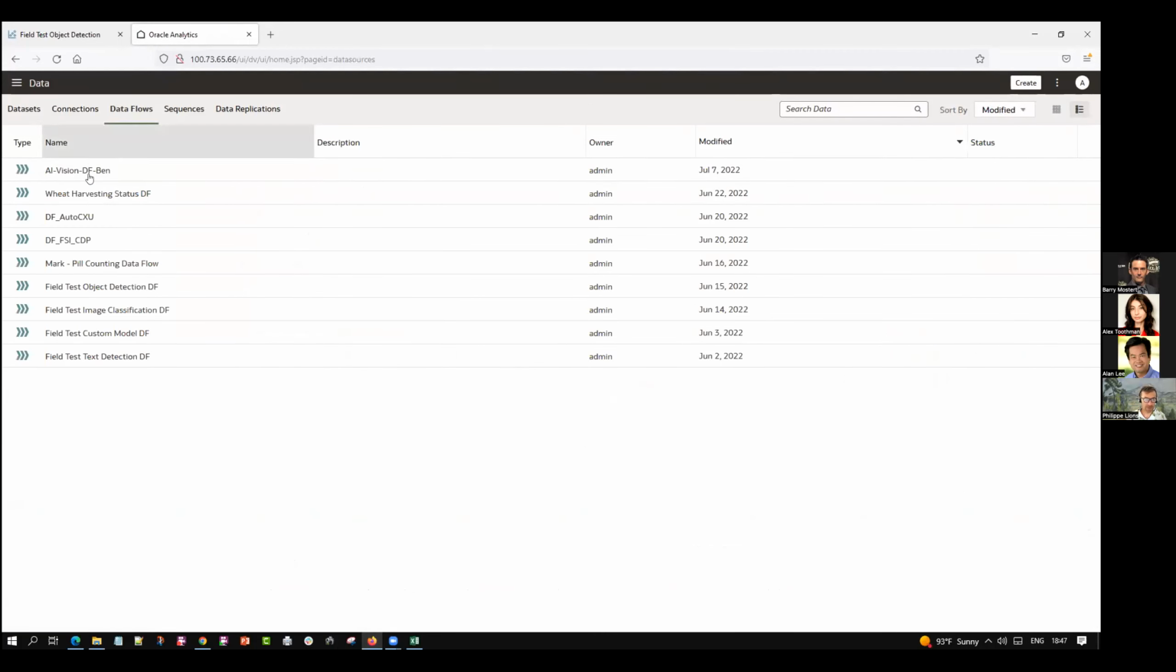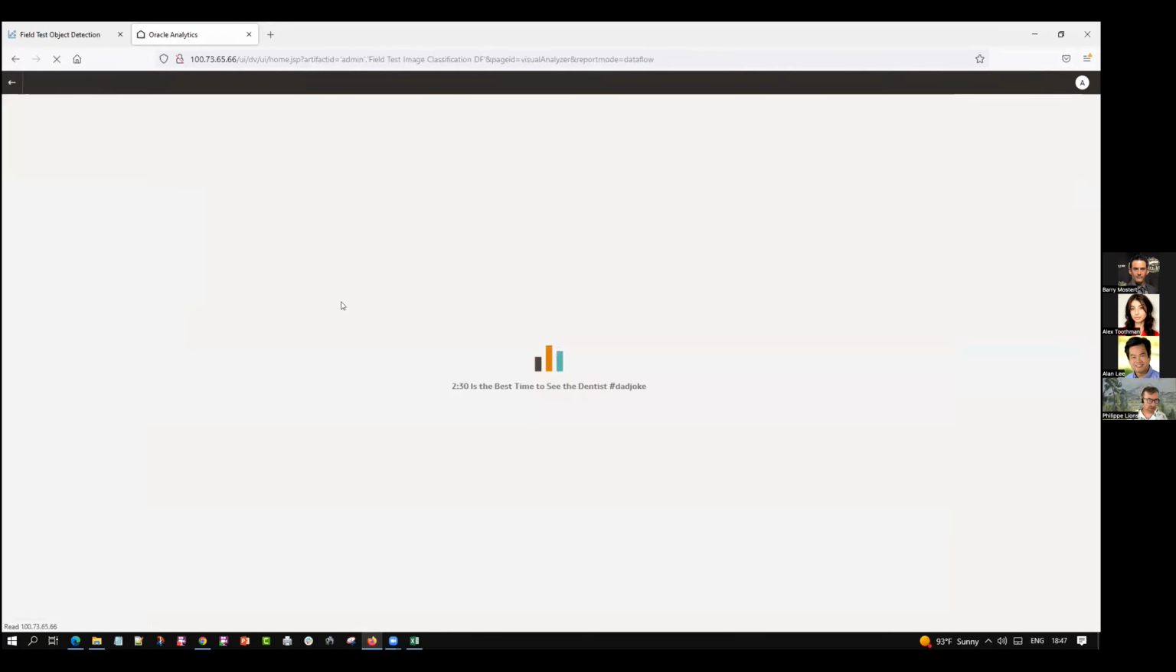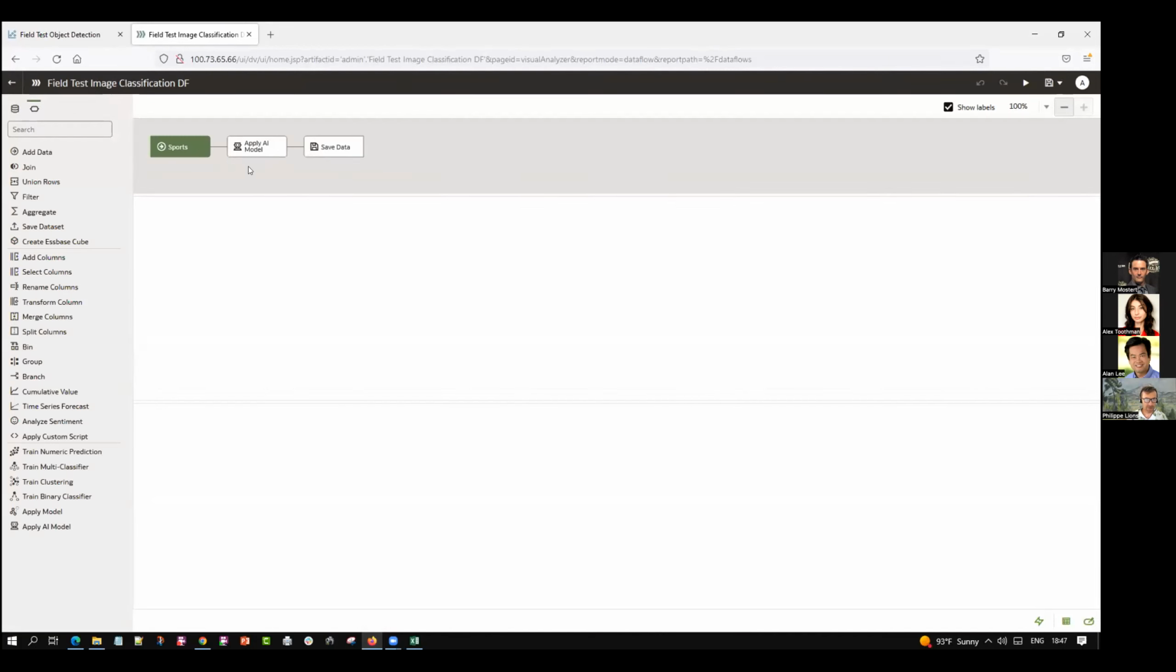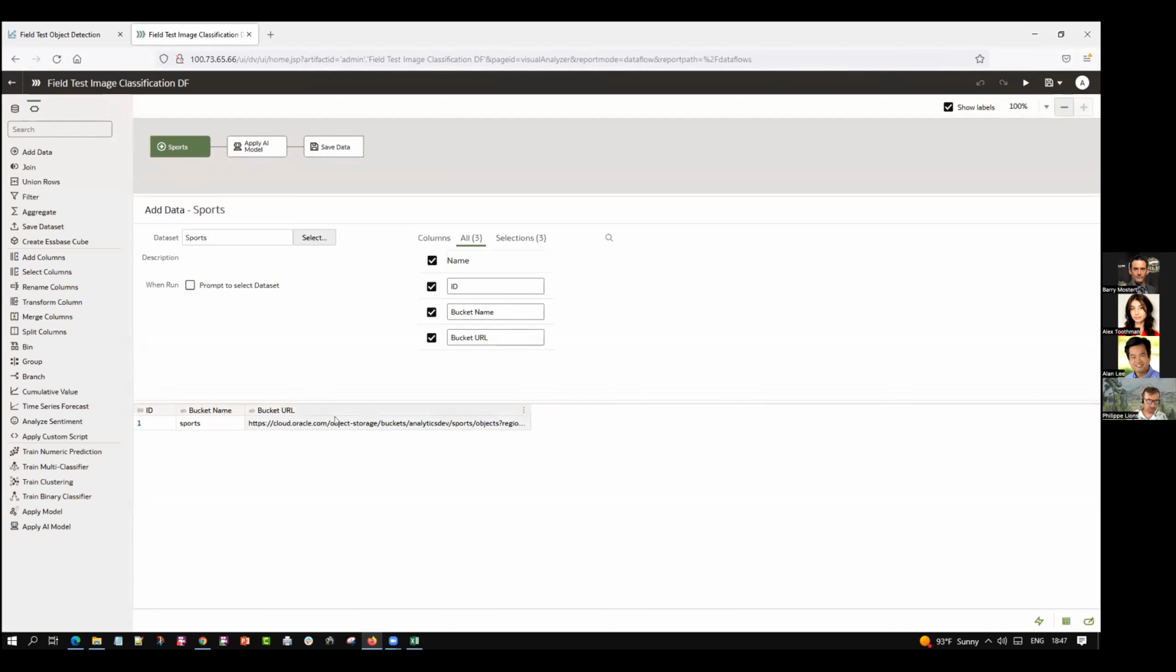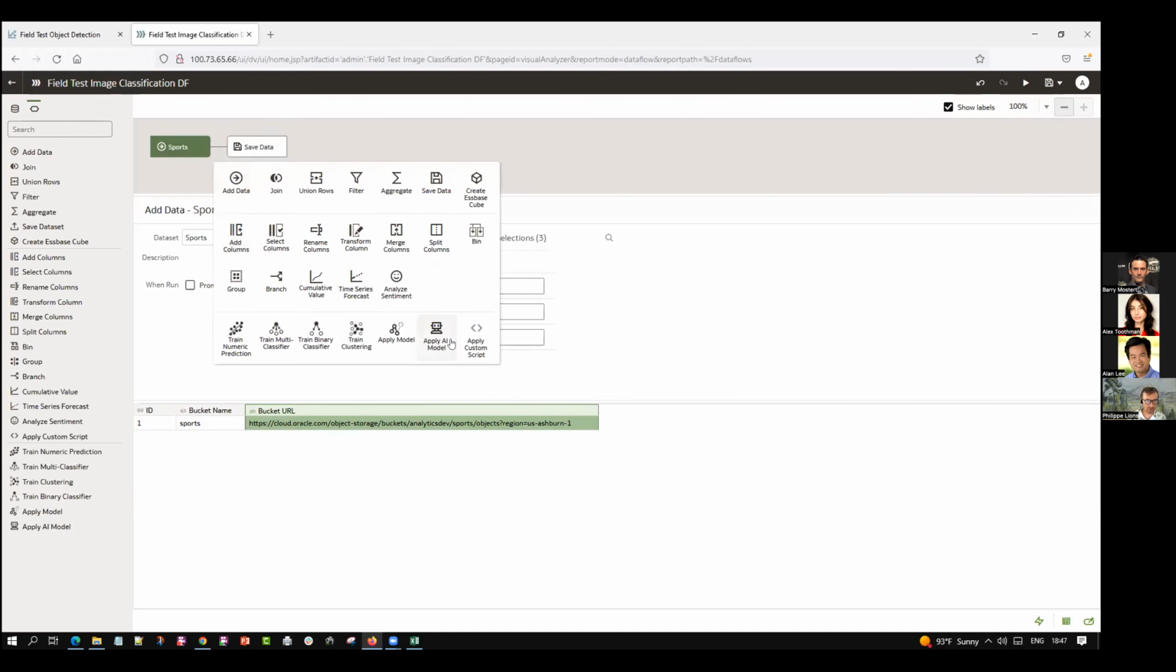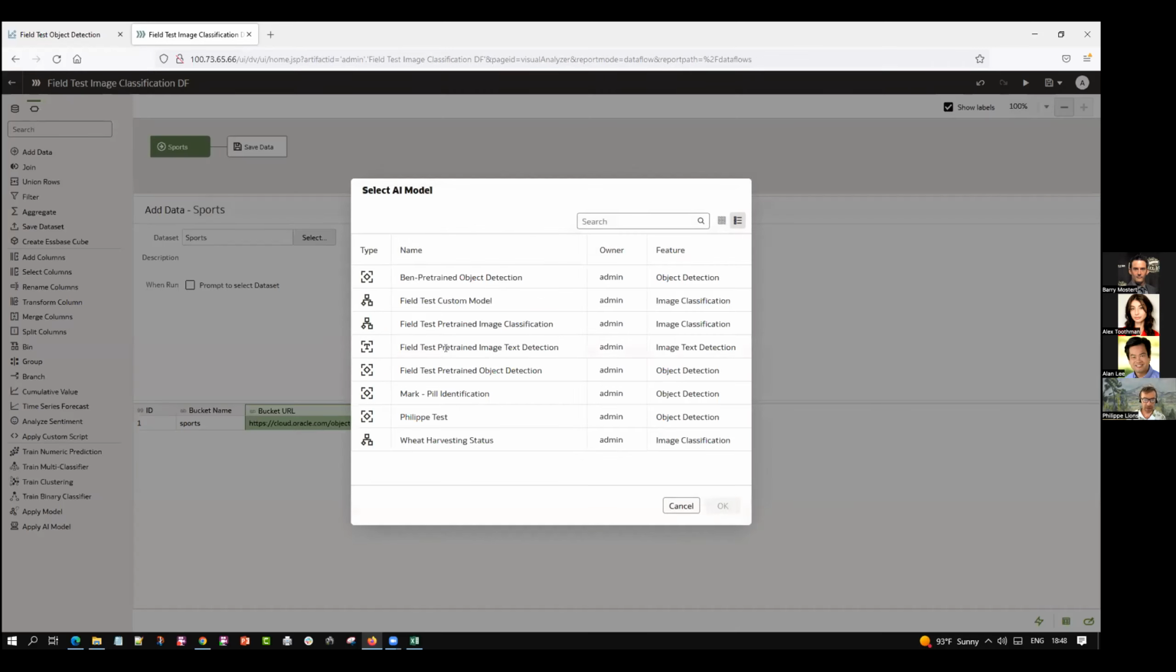A data flow is a sequence of steps. So here's the image classification data flow. In this data flow, here's the bucket where I uploaded my images. So this is all my images. And there is an option now in data flow that allows me to say, I would like to apply an OCI AI model to this data. And when I click on this, I see the models that I have registered. I showed you the registration a minute ago. So I'm going to pick